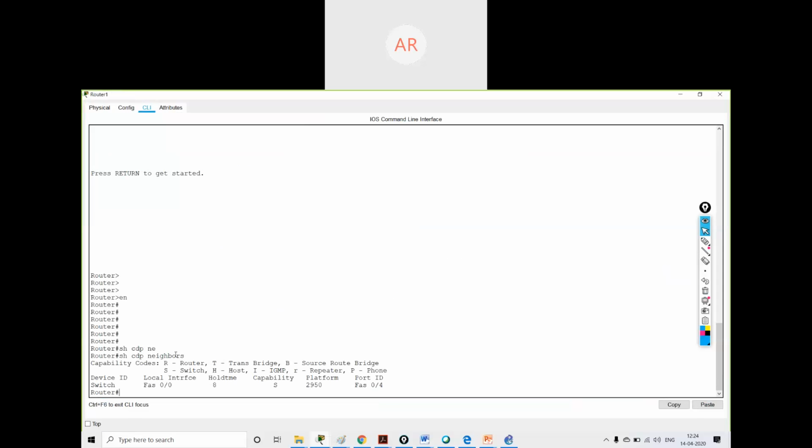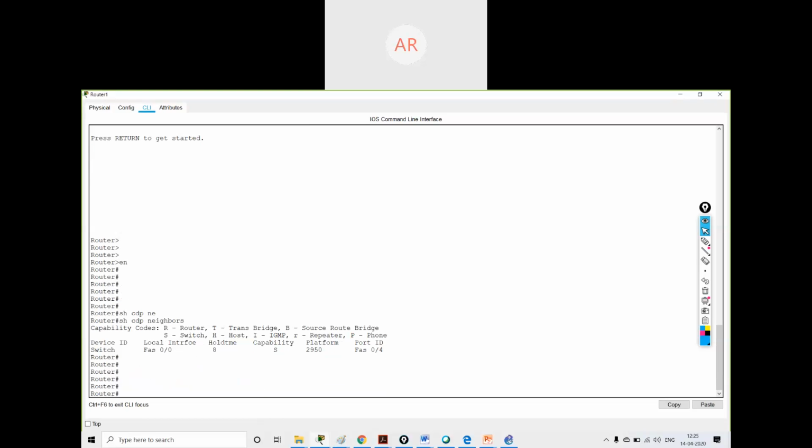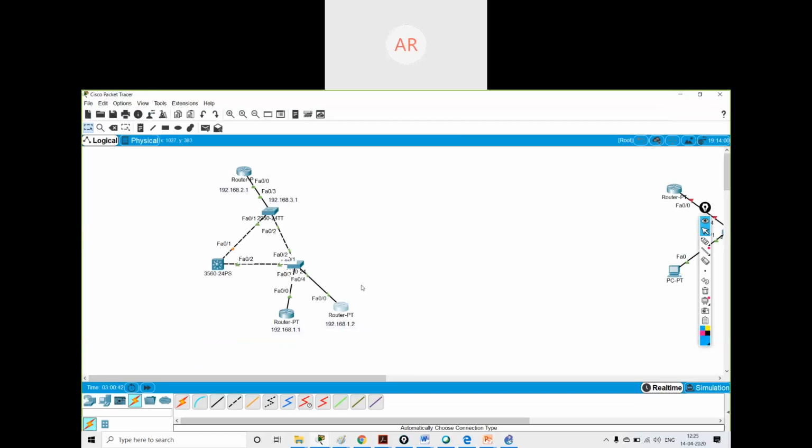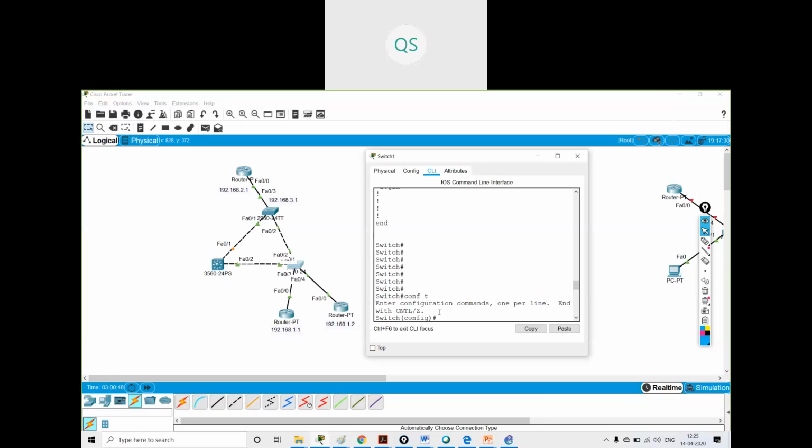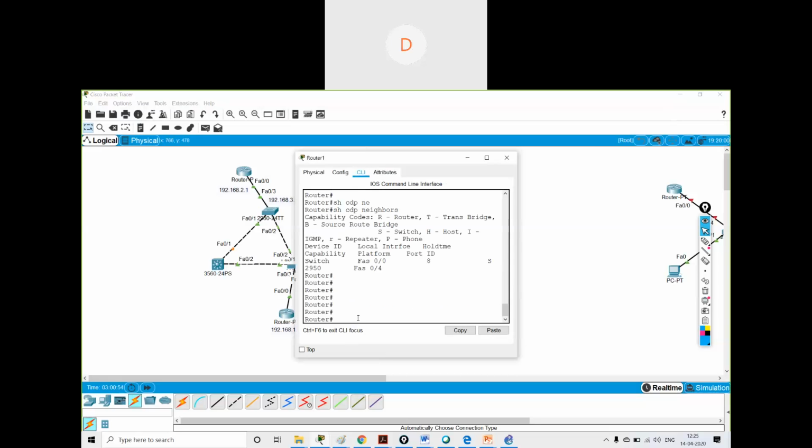I'm getting the switch details. I don't know. This shows no CDP neighbor on the router too now. You have to do no cdp enable on the router as well. Okay, let us try.